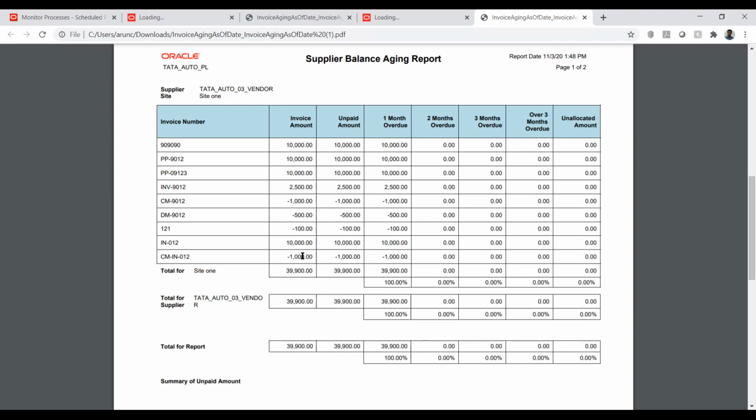In this case, he will match the particular purchase order, and after matching, he will create a debit memo and knock off the remaining 100 or whatever it is. So these are the two scenarios, possibly the debit memo or credit memo. We need to keep in mind that in AP both are negatives.